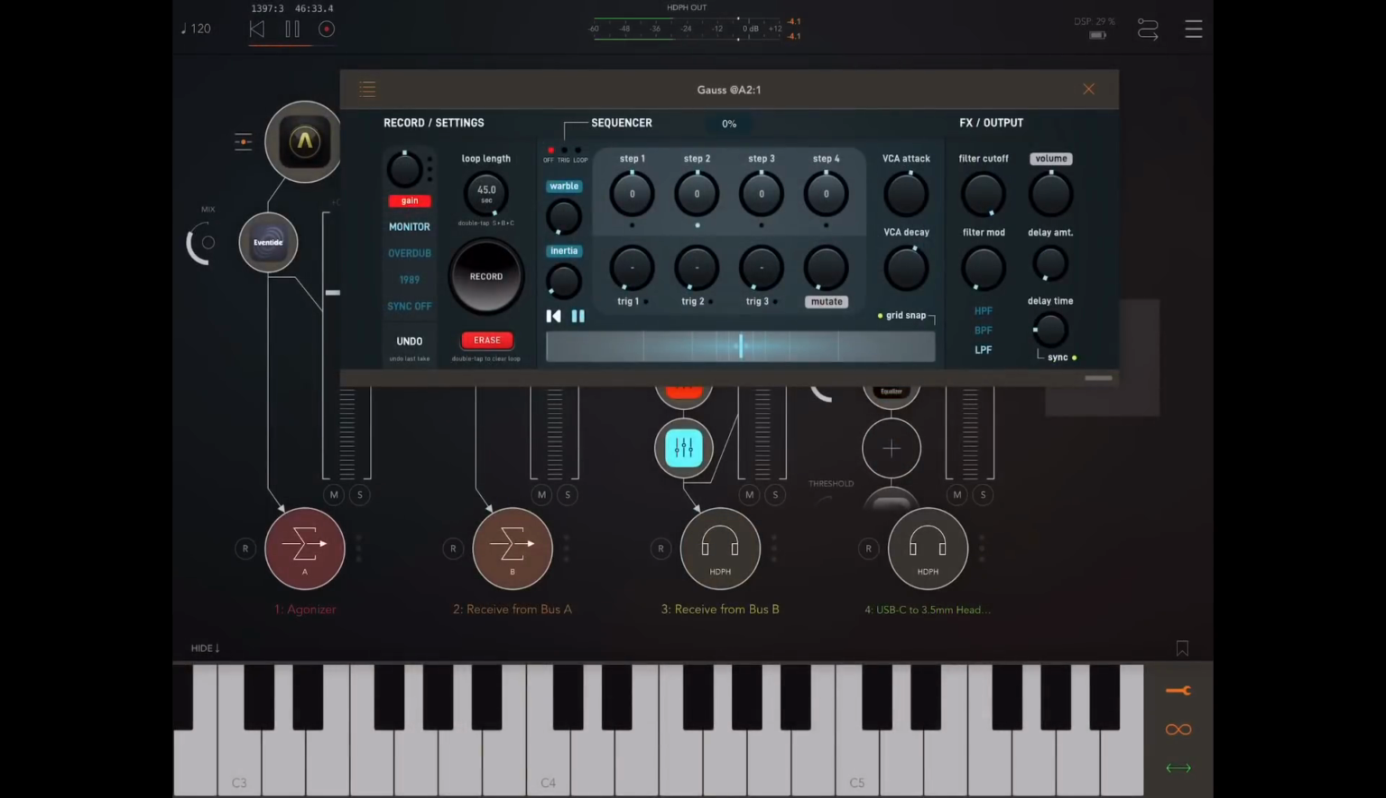Okay, let's try one possible workflow. So first I'm just going to record in a loop. Now pay attention to a few things. I have set the loop length to maximum. That's going to be changed later when I depress record. The loop length is going to snap to whatever the length is from the time I pressed record to the